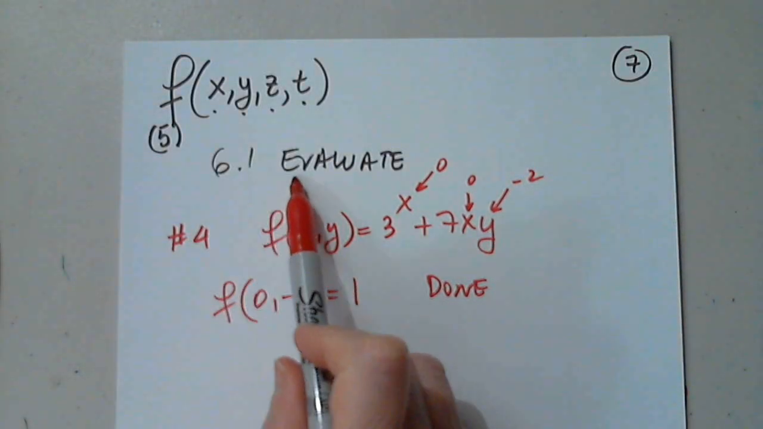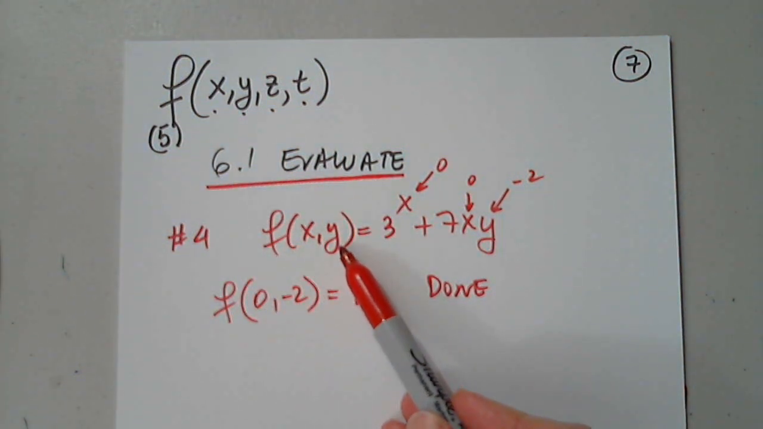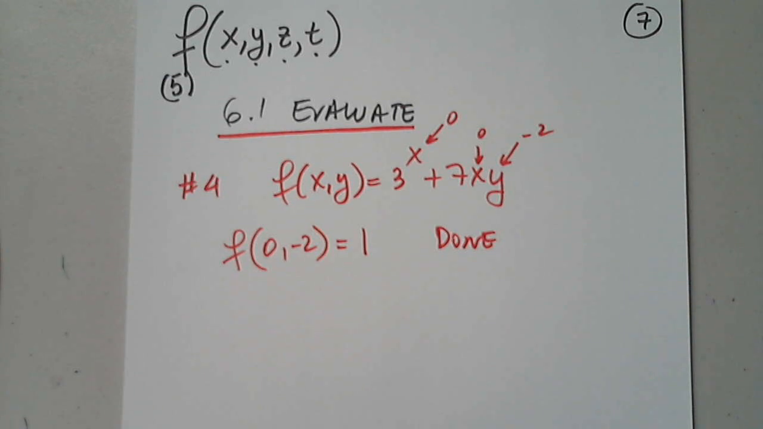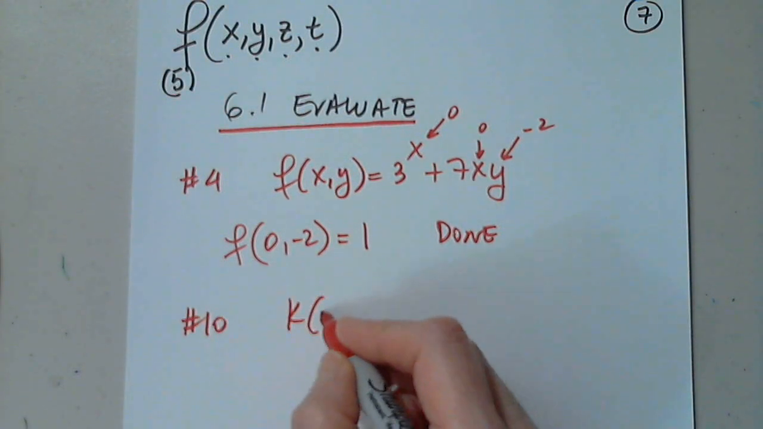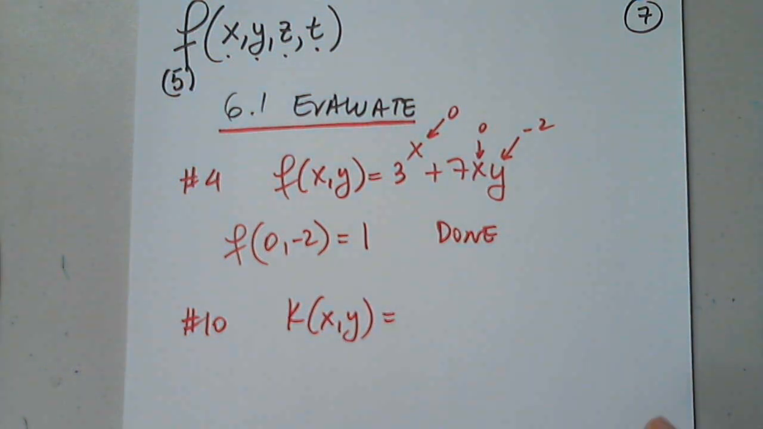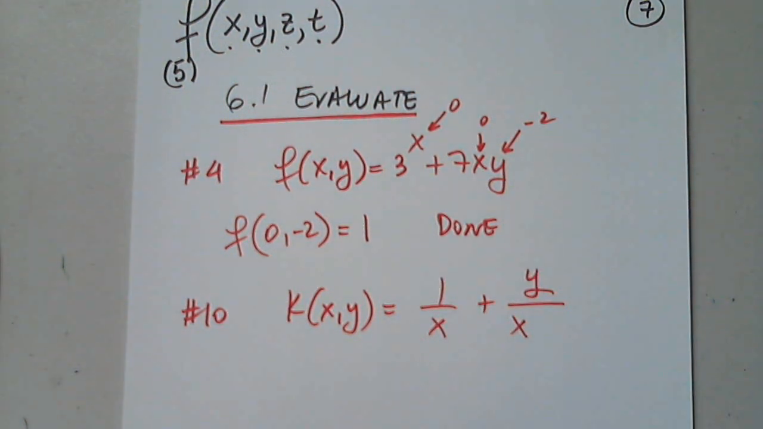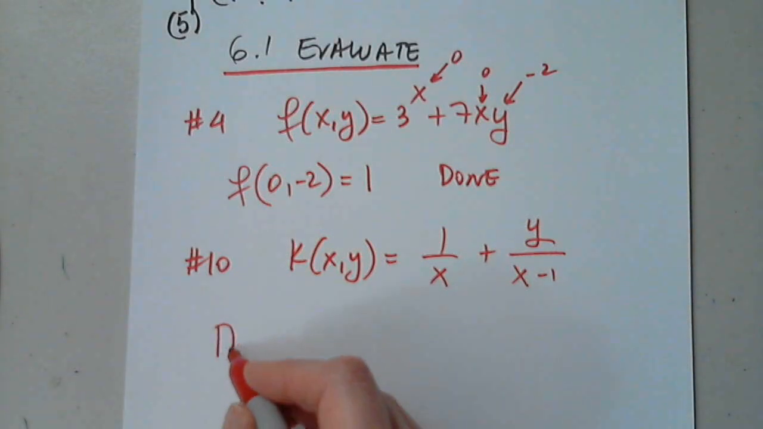In 6.1, we only want to evaluate functions of several variables. But also we want to talk about the domain. So I want to look at, let's say, problem 10. I have k of x comma y. They're getting innovative here. 1 over x plus y over x minus 1. Okay. Now when I write a domain for such a function,